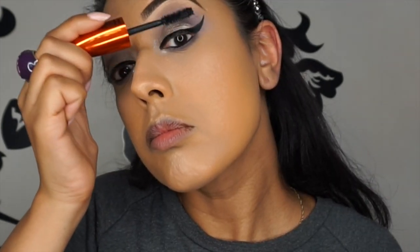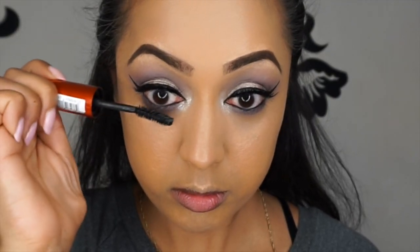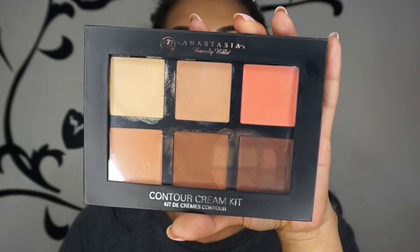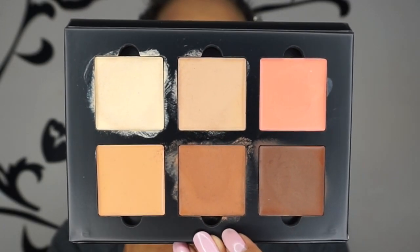And my eyelashes are from a brand called Classy Lashes UK, in the style Shirley, and then I'm applying my mascara to my lower lash line, and then the eyes are done. Now I'm using my cream contour kit in the shade Medium from Anastasia Beverly Hills, and I'm using